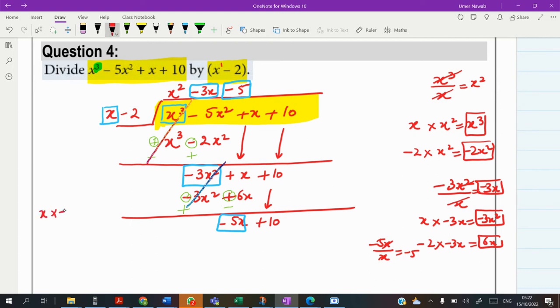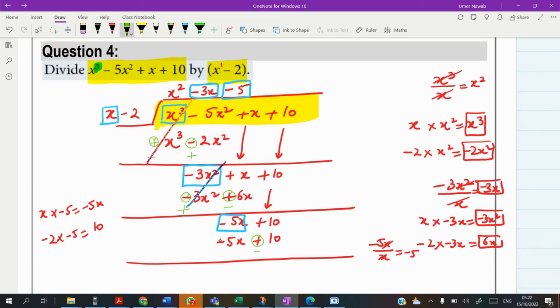So when x is multiplied with negative 5, it gives you minus 5x. So minus 5x. And now minus 2 is multiplying with minus 5. It leaves you 10. So plus 10. And I draw the line. Change the signs of the bottom expression. Cancel them. Wow, the remainder is